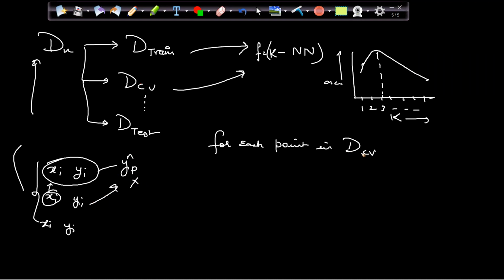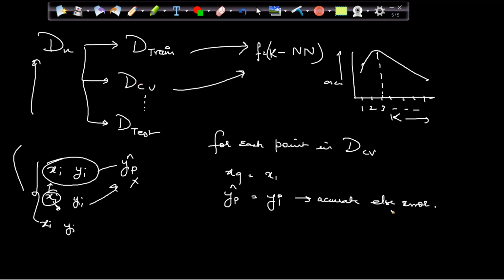So for each point in DCV, xq, which is nothing but my x1, you can say xi, I will get my yq or y predicted, which I have to compare with yi. If this y predicted is matching with yi or y1, then it is accurate. Else, it's an error.